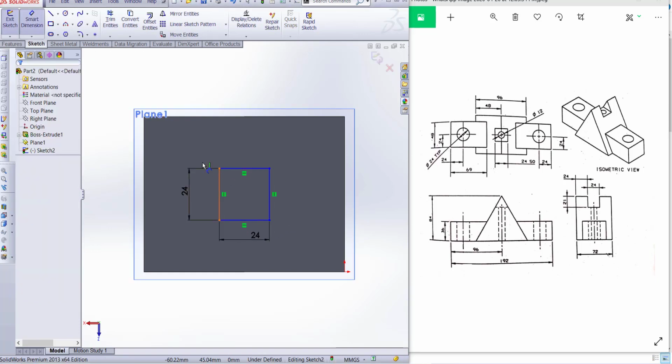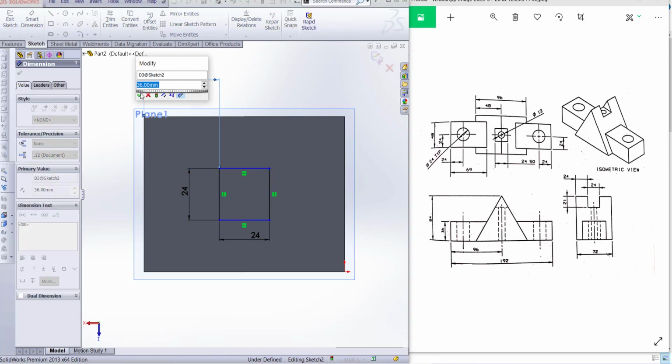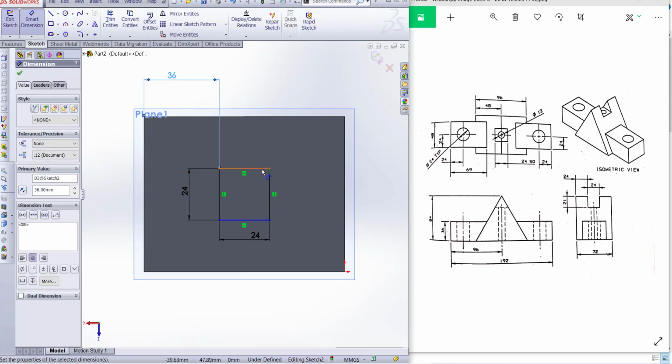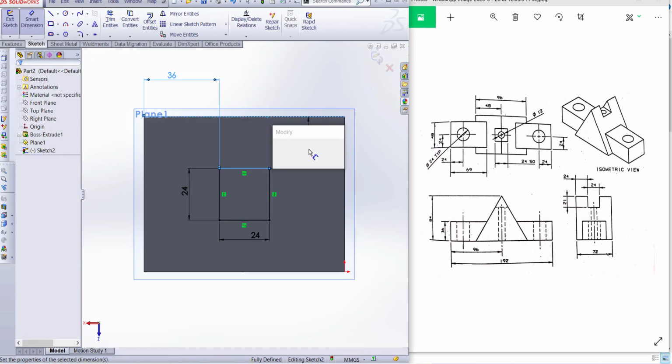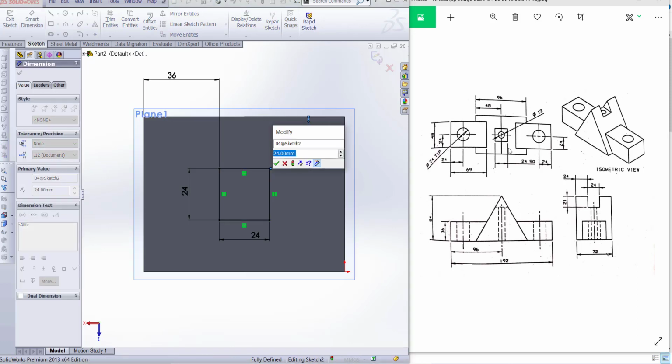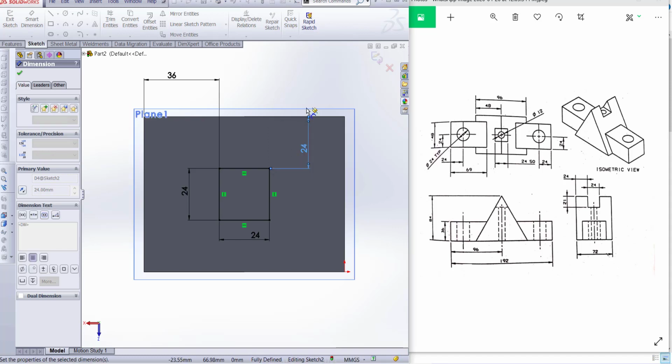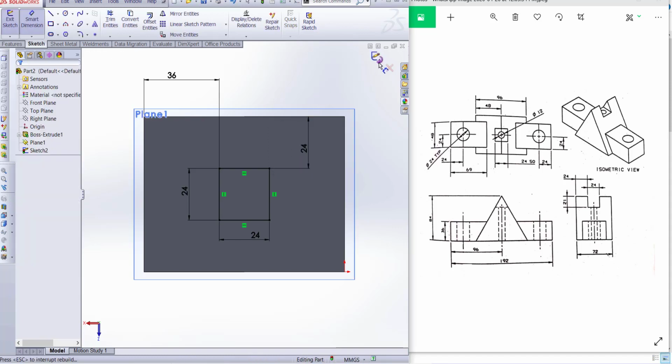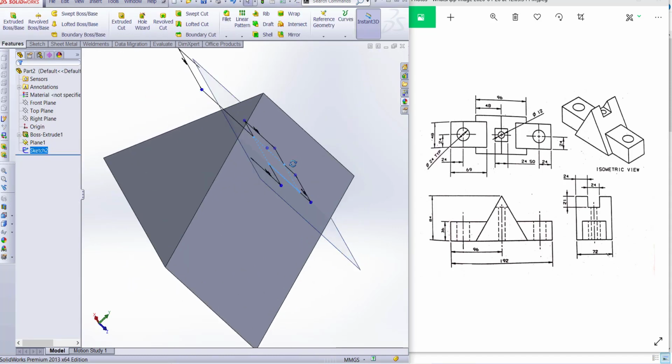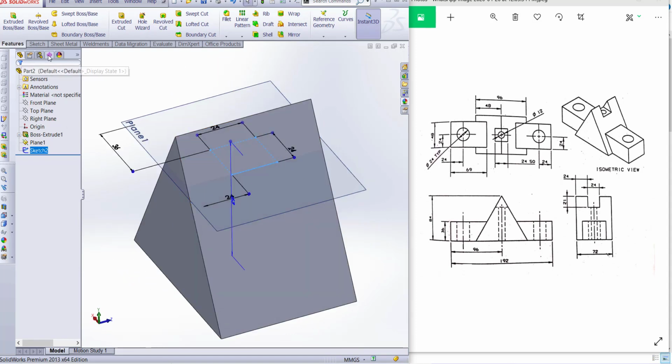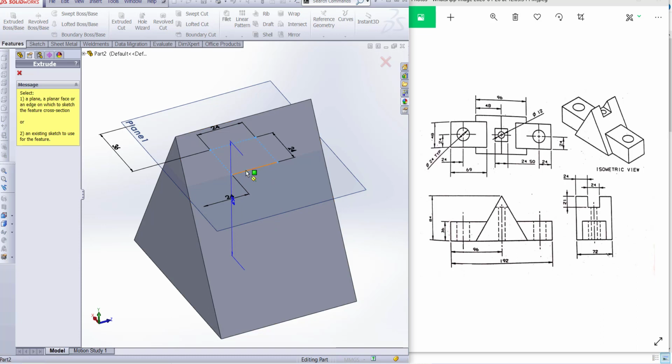Now dimension of this portion 36. Okay, and this portion is 24. Okay, now finish sketch and go to extrude cut. Select the sketch